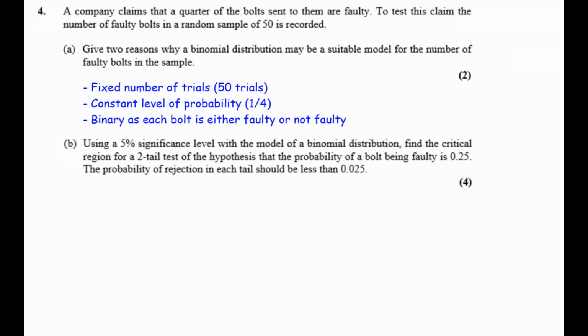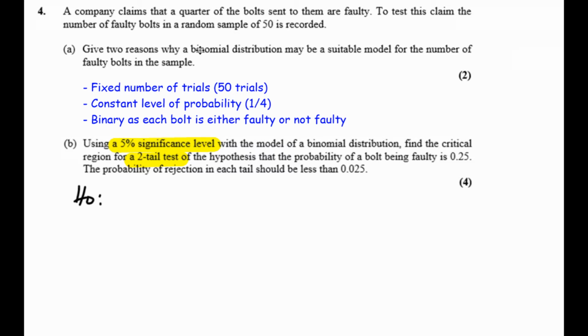Okay, so quickly let's look for some clues in the question. 5% level of significance, good. 2-tailed test, that's going to be important. It lets me know what to do with my alternate hypothesis and my significance level. All right, and we should be good to go. So let's start with